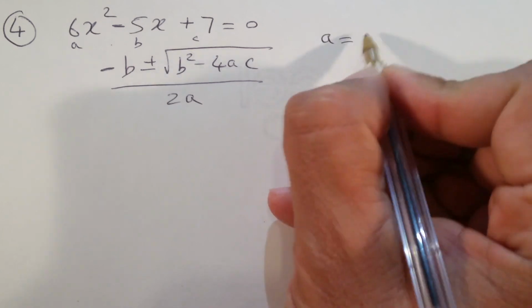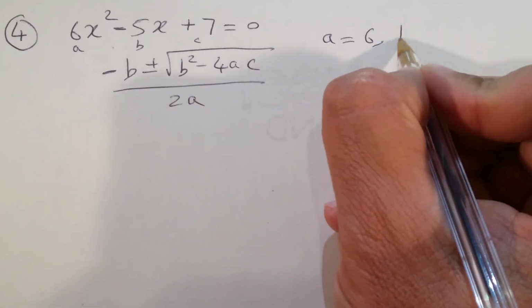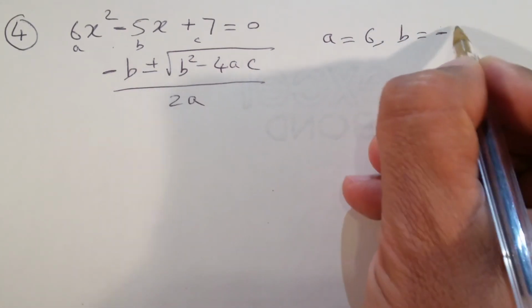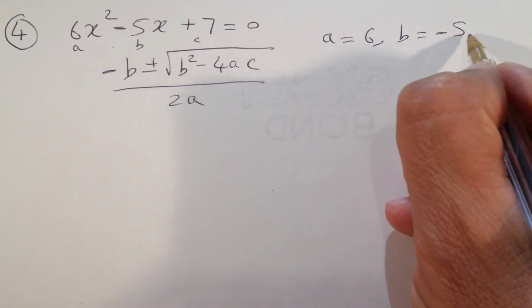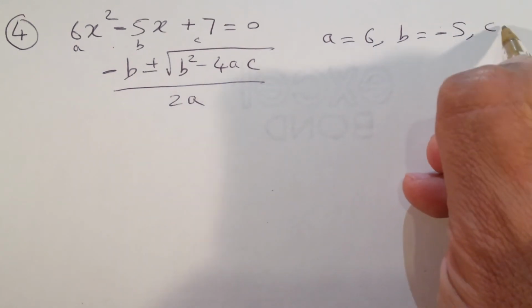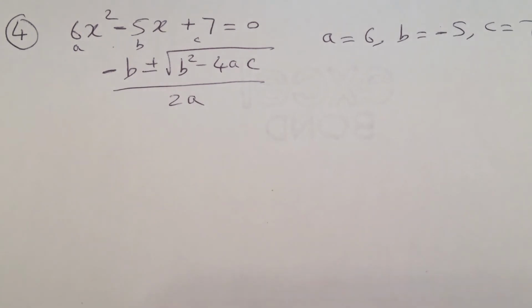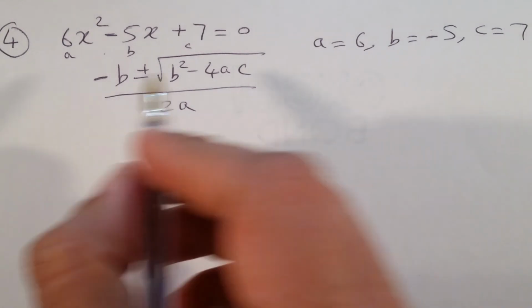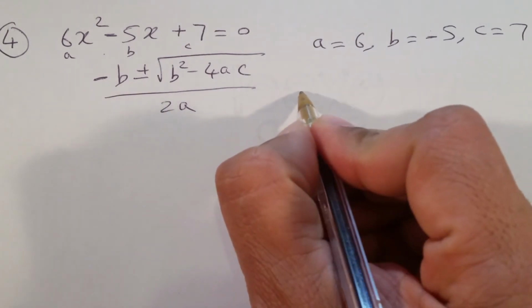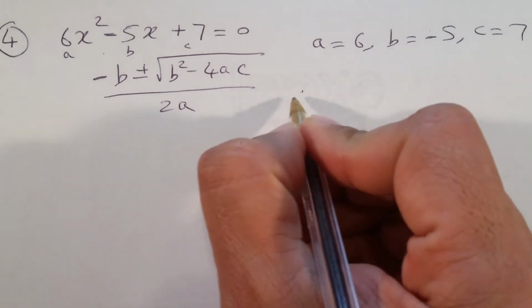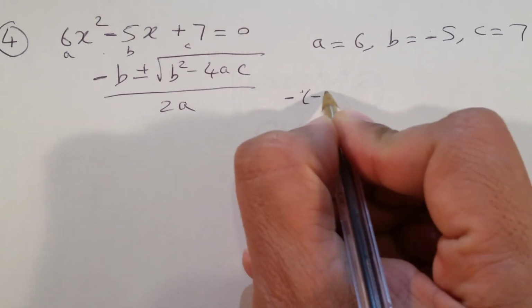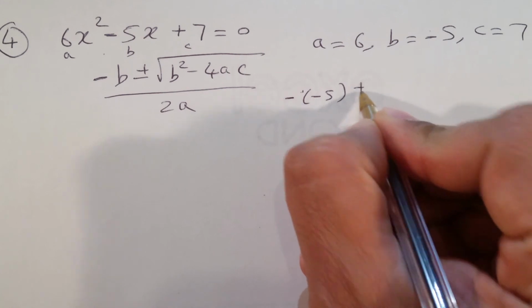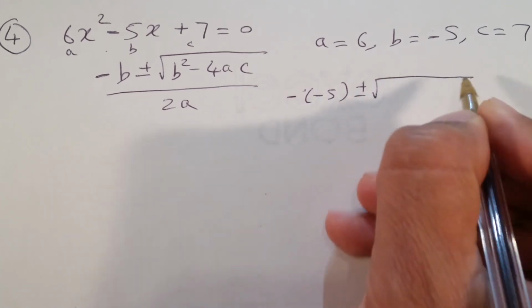Our a is 6, b is minus 5, and c equals 7. Now we are substituting into the formula, which is minus b, which is minus of minus 5, plus minus root